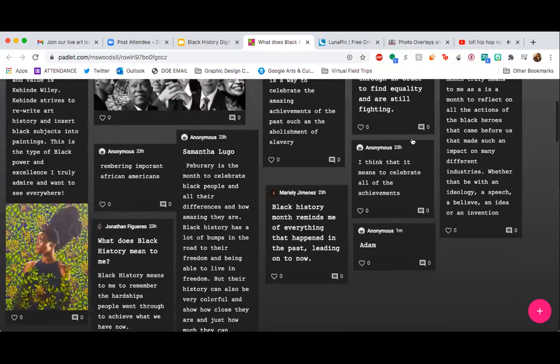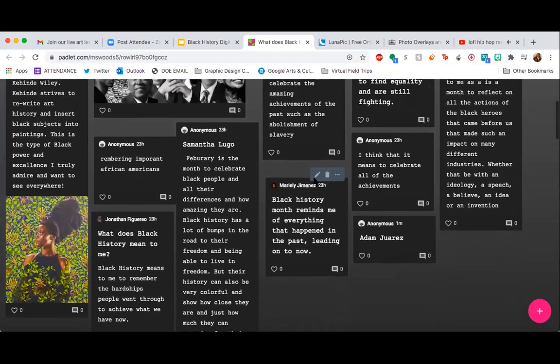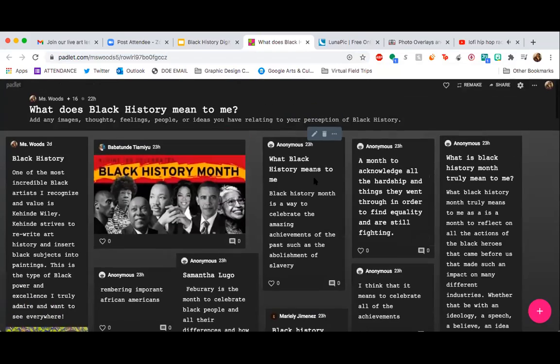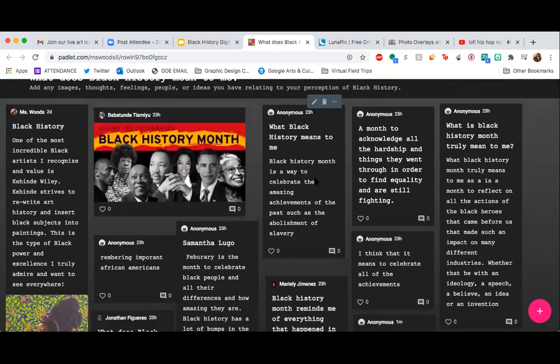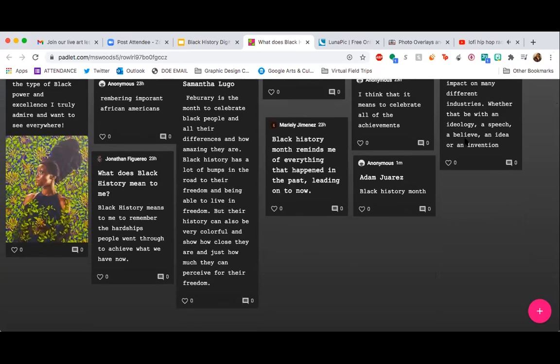And you guys can add words, you can add in pictures. If you don't log in, you can just write your name at the end if that's easier.